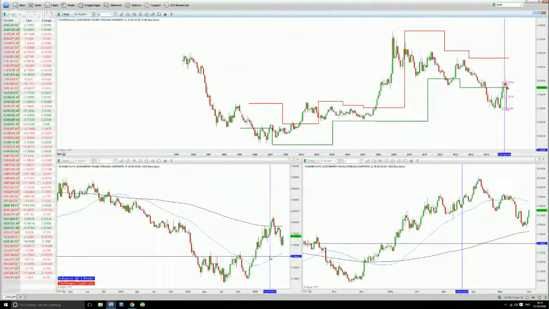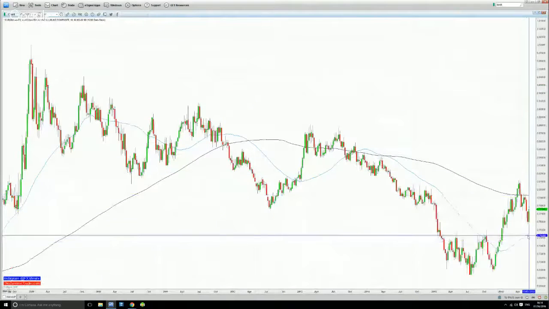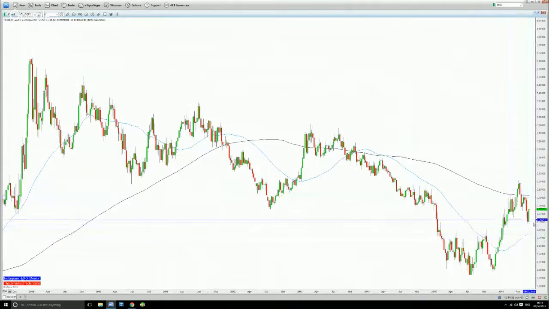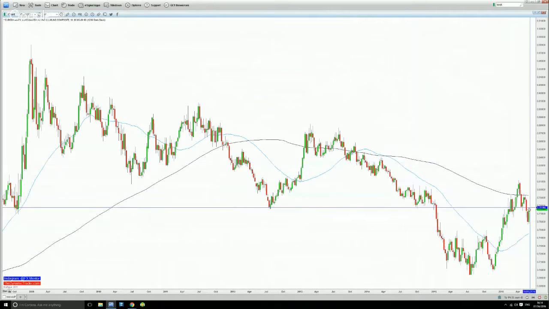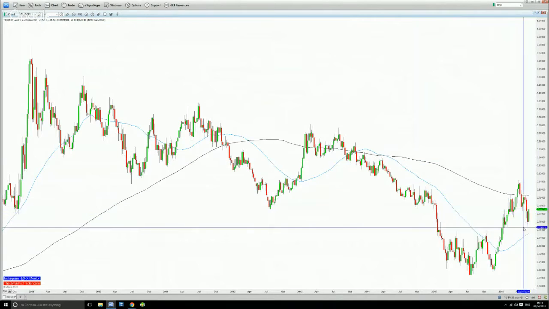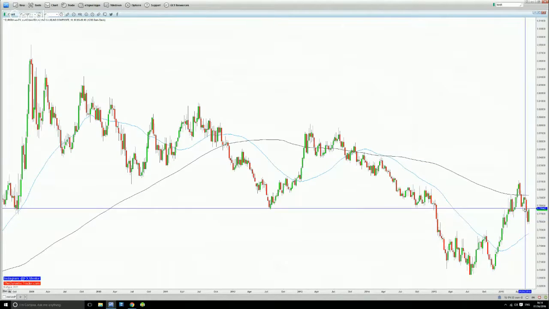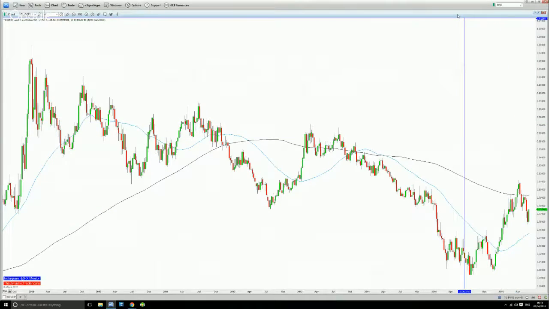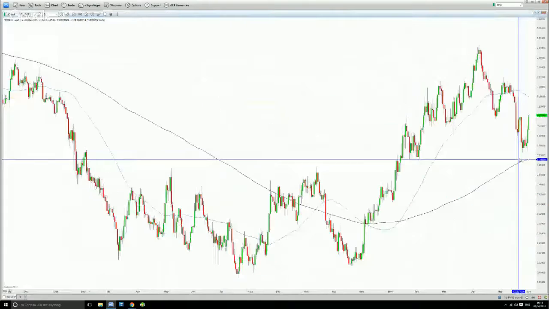On the weekly time frame, we can see that price is between the 200 and the 50. The 200 is really flat. The weekly is starting to head up. So potentially we could see further strength to the upside. We may even have a bullish engulfing candle. If price closes out the week here, then we could have a bullish engulfing and then further potential strength to the upside. On the daily,